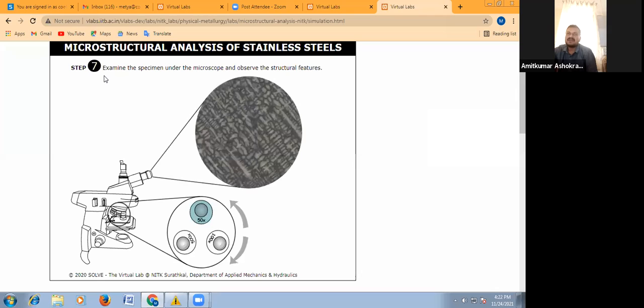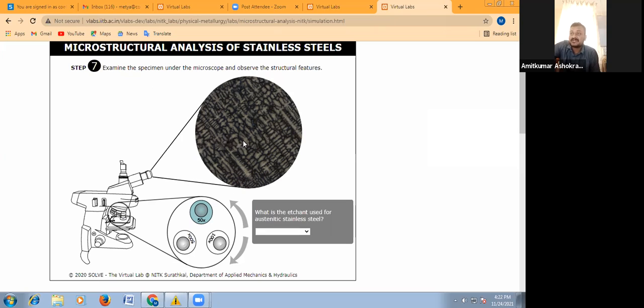That is, we are going to examine the specimen under the microscope, and we are going to observe the structures here. Okay, now you can see in this structural details, I have explained that we can go for different magnifications in that microscope by changing the objective lens.